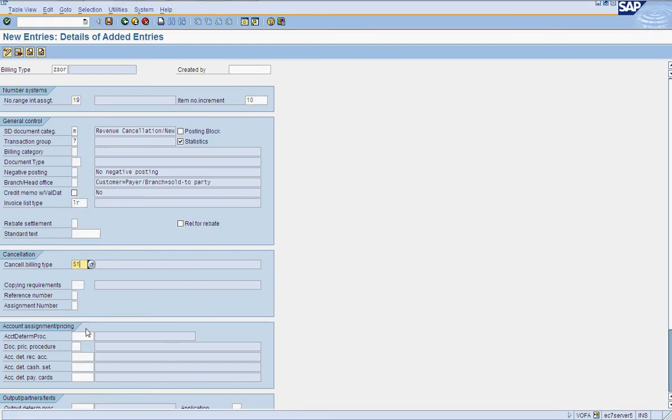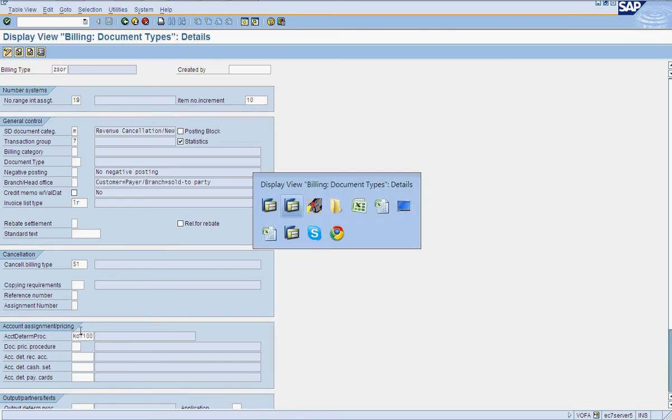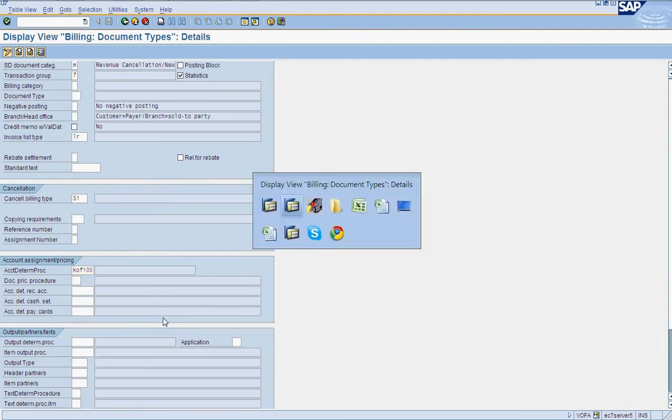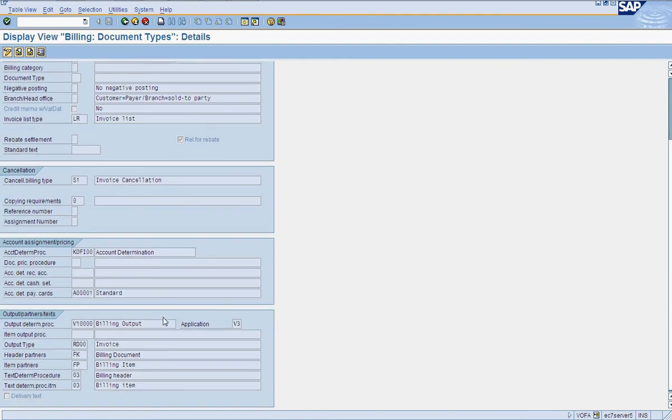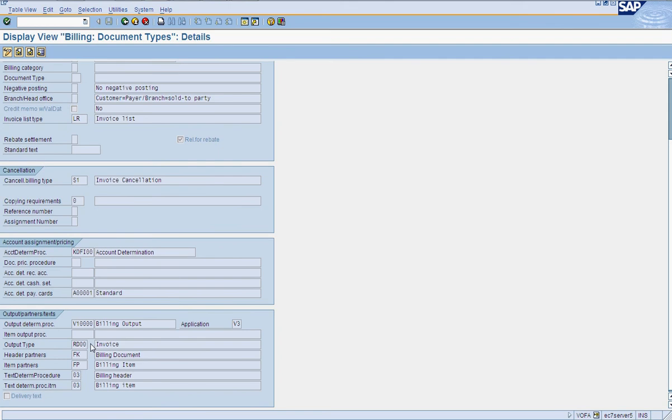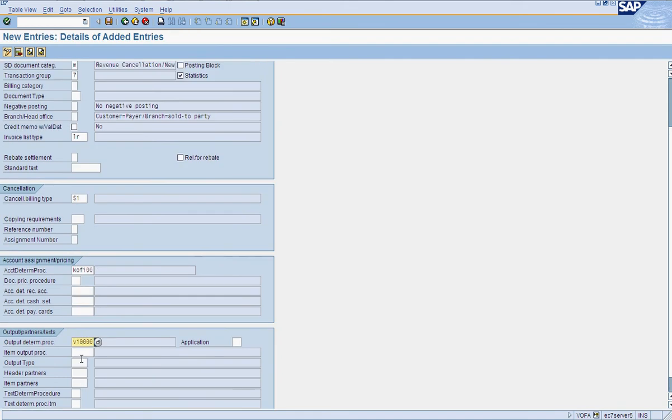We will be assigning account determination, output determination, and output type.